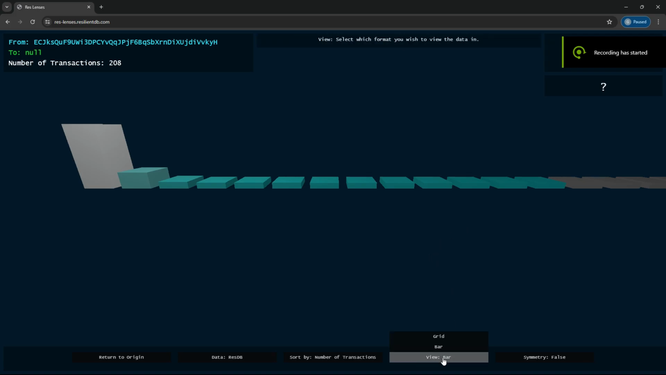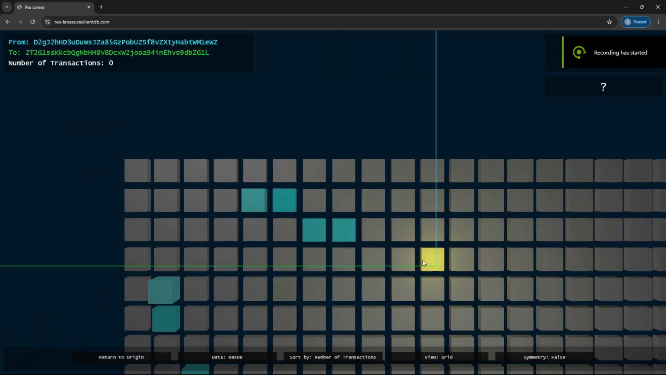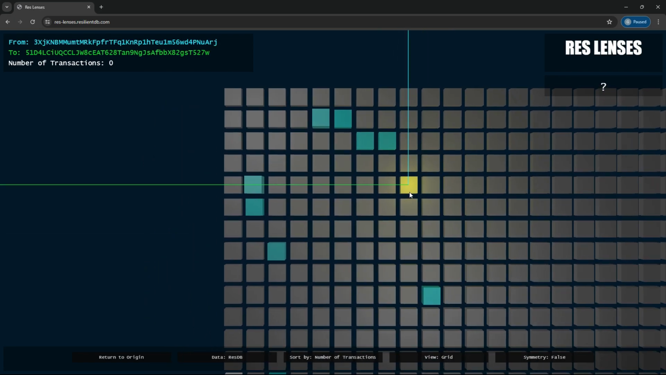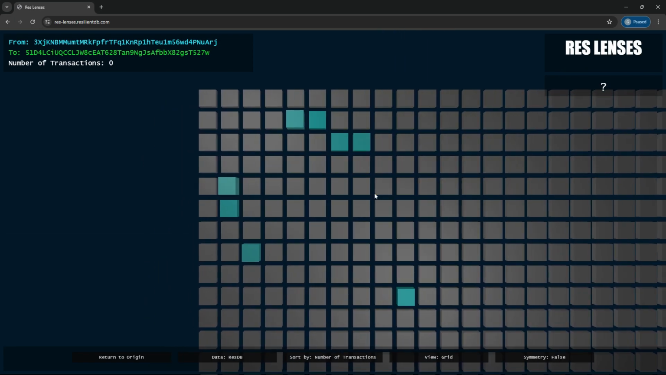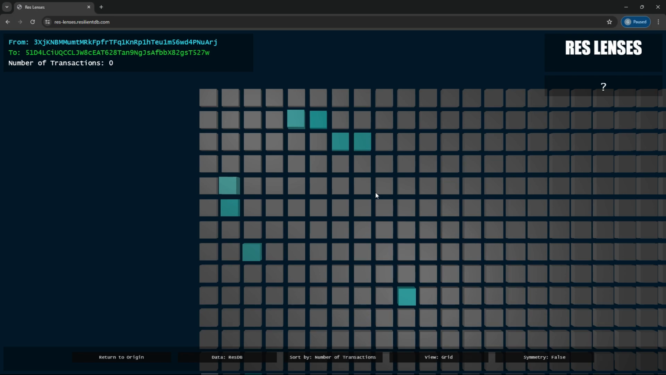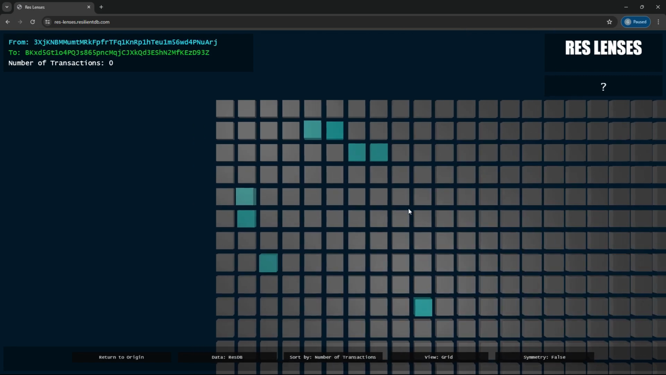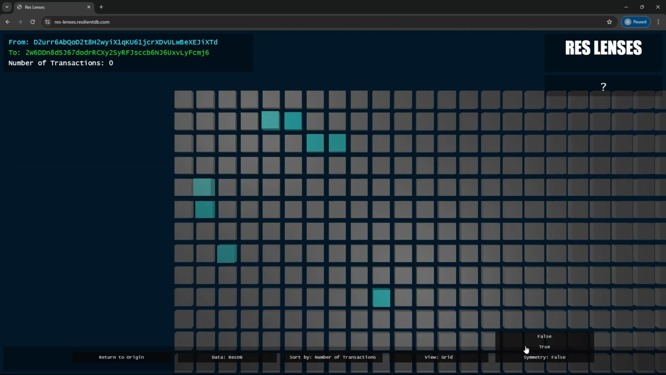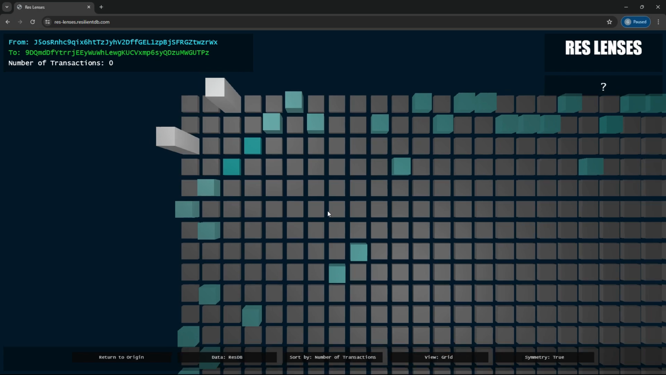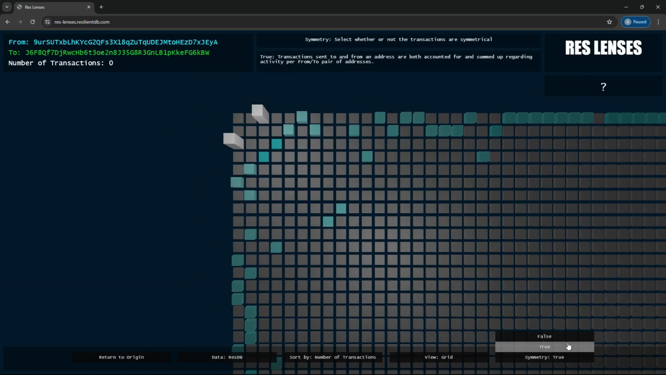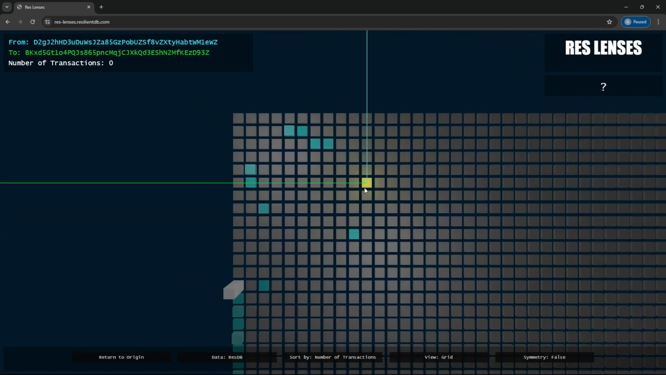Switching back to the grid view, we can do one more modification to change up how we view this data. Instead of explaining it right away, let's just see what it does when we switch symmetry to true and backwards. So as you can see,